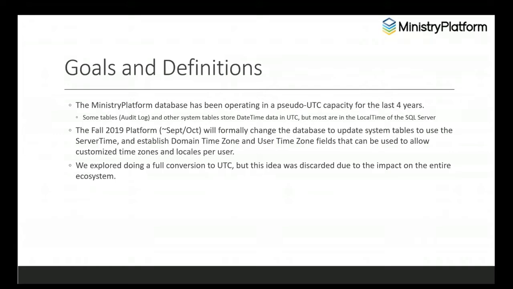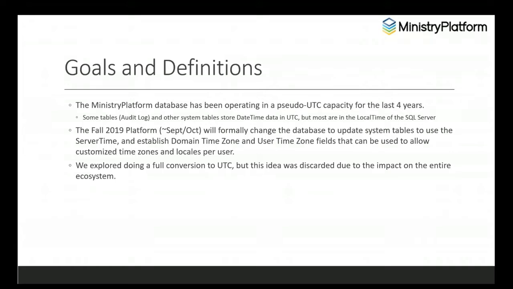But also to have the additional enhancement of understanding that maybe you have a campus in a different time zone, and staff in a different time zone, and they want to be able to use the platform and not have to remember to translate things back to Eastern time if they're in Central time. So basically making the platform smart enough to let the user have a different time zone and maybe even a different locale, which would be the formatting of dates and times, and make that translation in the UI so that everyone can see the data in their own time zone.